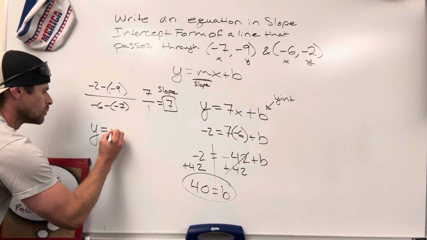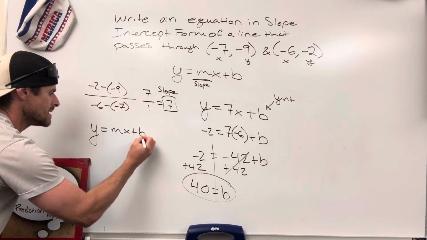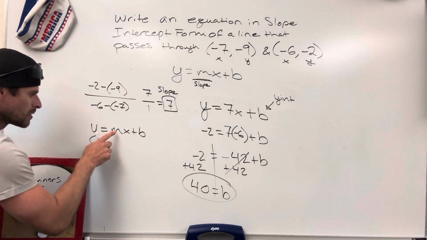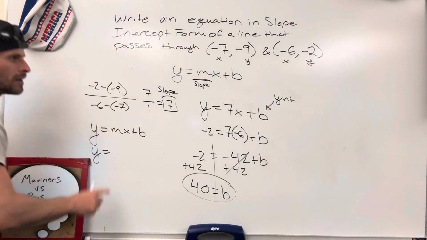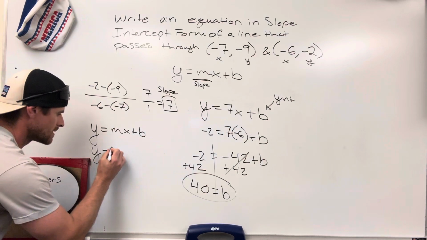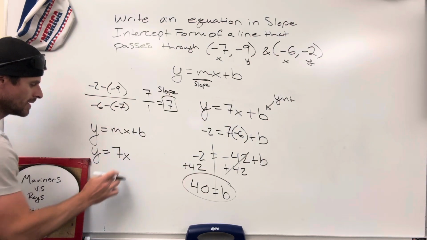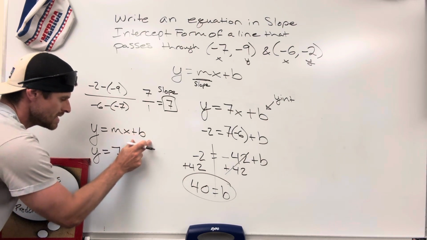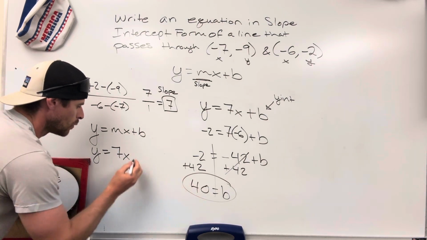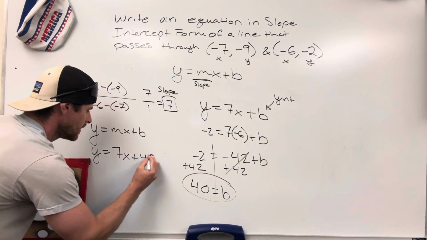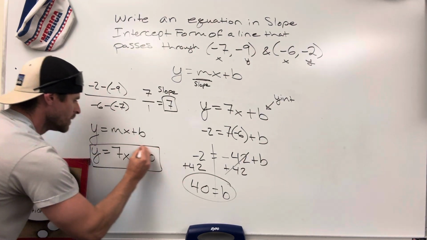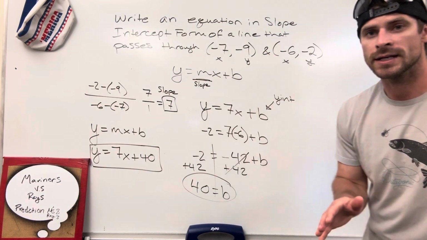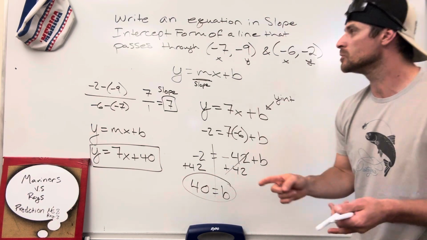Remember, it's y equals mx plus b in slope-intercept form. We're going to say y equals, what was that slope that we found early on? 7. So I'm going to put 7 where m is. X is always attached to your slope. And then your y-intercept is where the b is. So we found b to be 40. I'm going to put 40 in right there. And we are done. We have written a slope-intercept form equation, given 2 points, by first finding the slope using